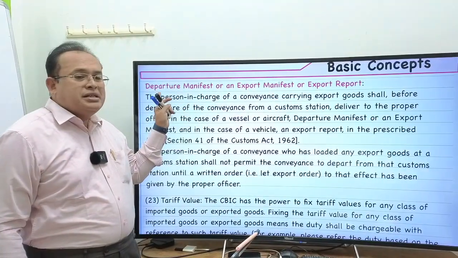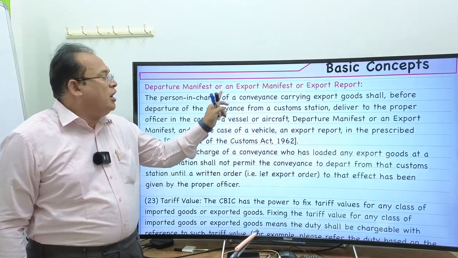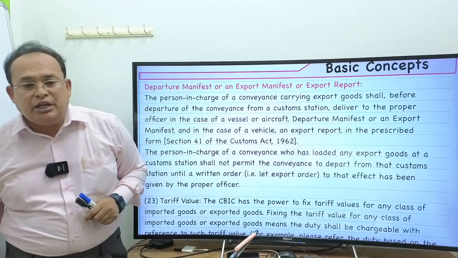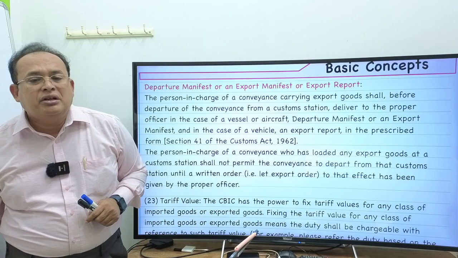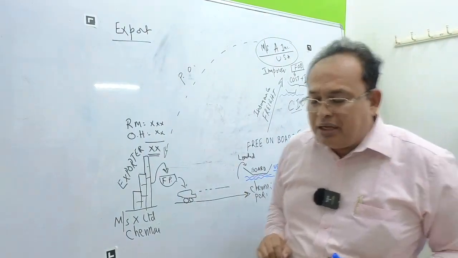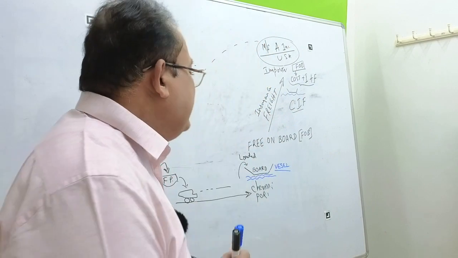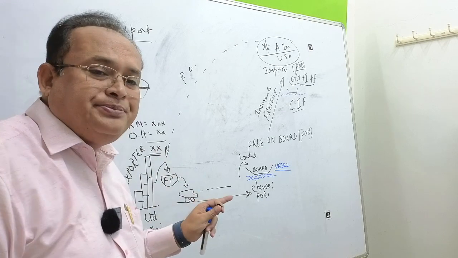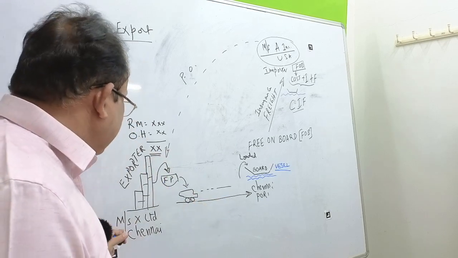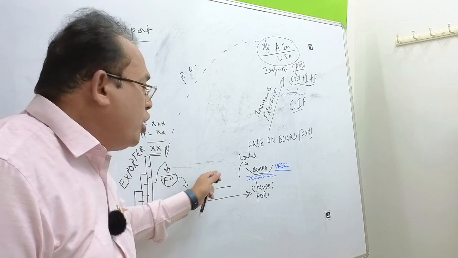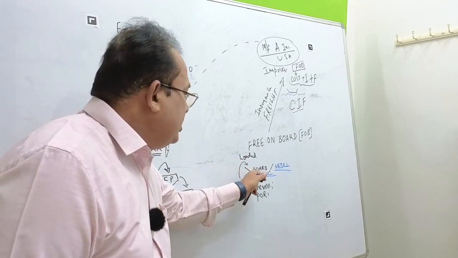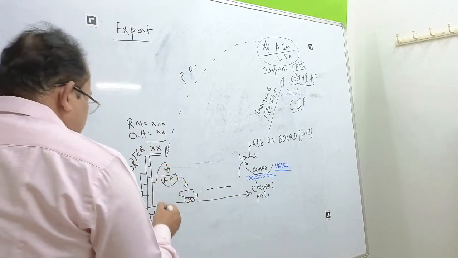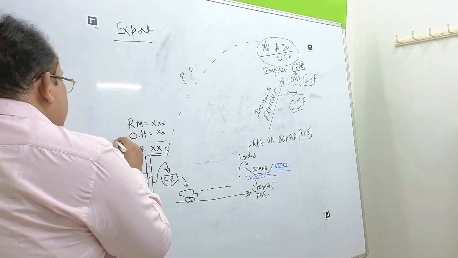If you look here, departure manifest or export manifest. What does this mean? I will tell you with the given example. Here, this particular X Limited loaded the goods on the vessel. Prior to the loading of the goods to the vessel, this exporter should submit